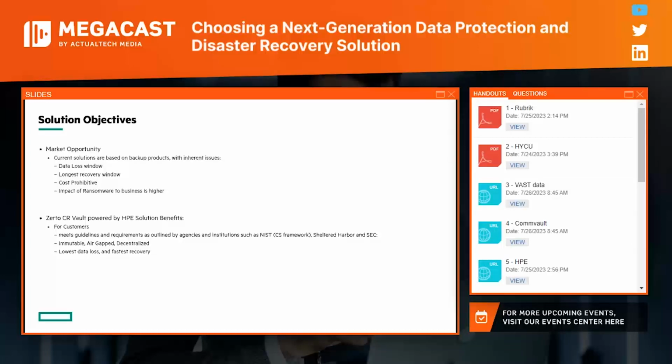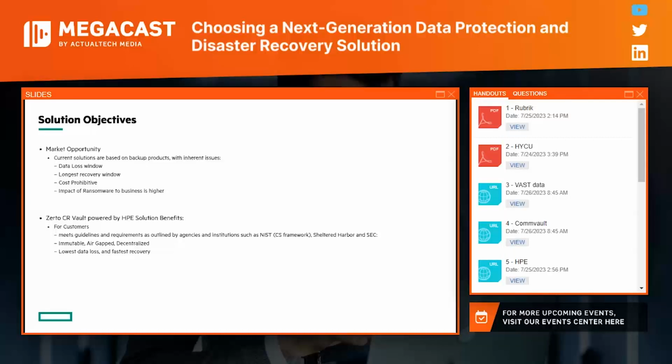So what can we bring to the table for our customers of the Cyber Resilience Vault? Number one, we're able to meet guidelines and requirements as outlined by many of the agencies that are out there today. If it's NIST, Sheltered Harbor, SEC, they are all very much focused today, not just on being preventative, but also on recovery. This is no longer an if statement, it is a when statement.